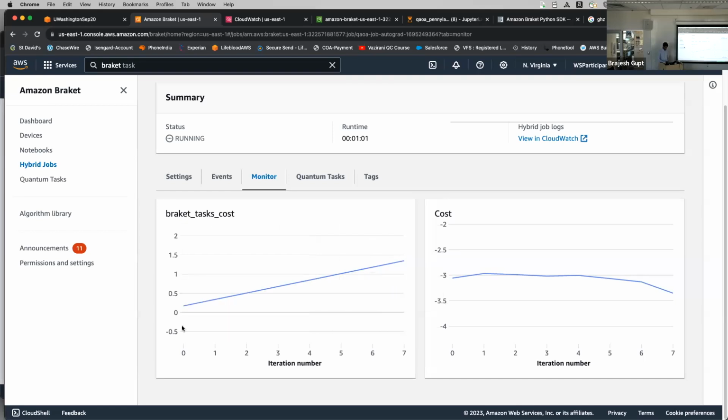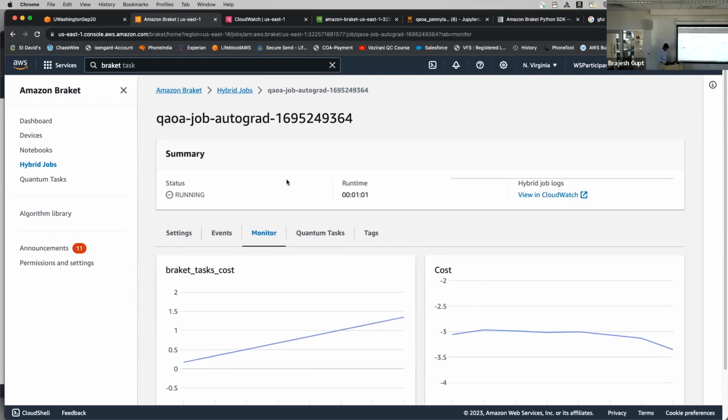So basically, it's just telling you the cost of computing in terms of dollars. And then there's a cost, Braket cost, and this is cost. This cost is the cost function. It's not the same as Braket cost. This is like the objective function. And if you refresh this